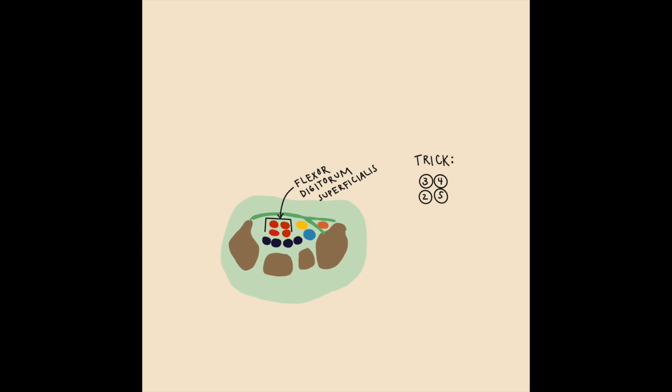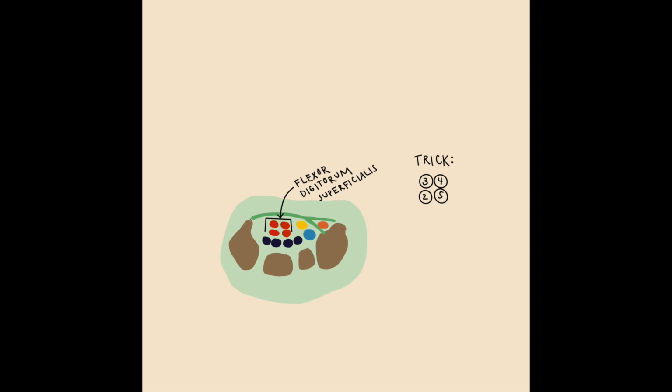Now, to remember which tendons are oriented in which direction, I have a trick for you. If you take your hand and you put the index and the small finger to touch, and the ring finger and the middle finger on top of that, that is the orientation. So if you're in an anatomy exam and you can't remember, this is a good trick to do. Or in the CHT exam if you need that information for something. So again, digits 2 and 5 are going to be deep,